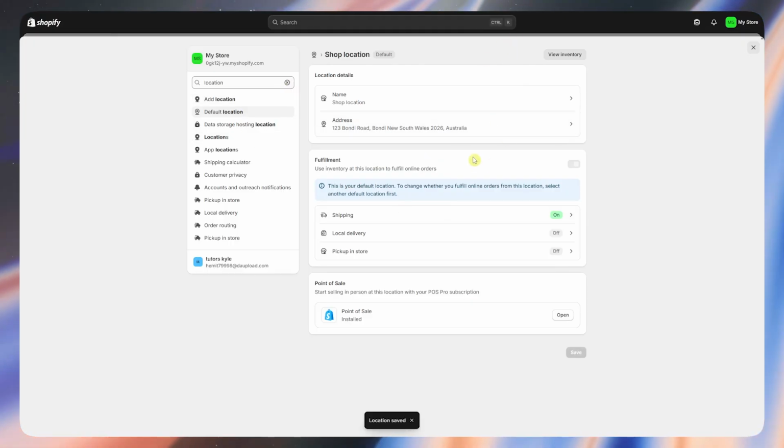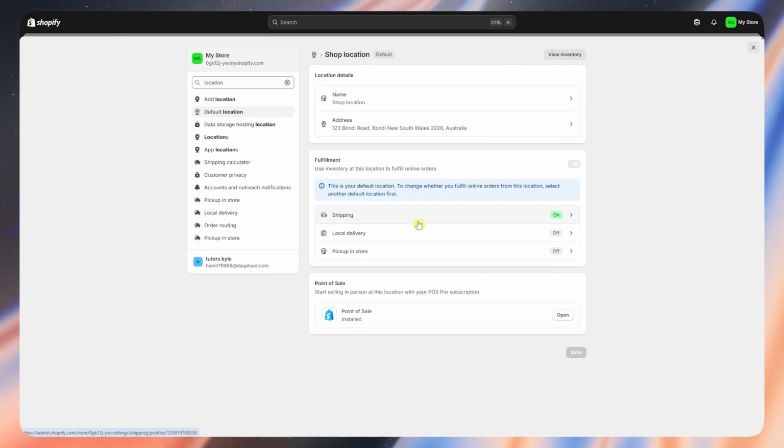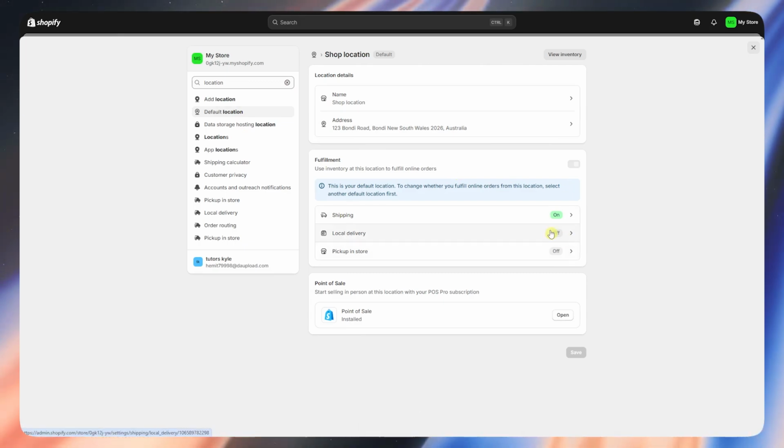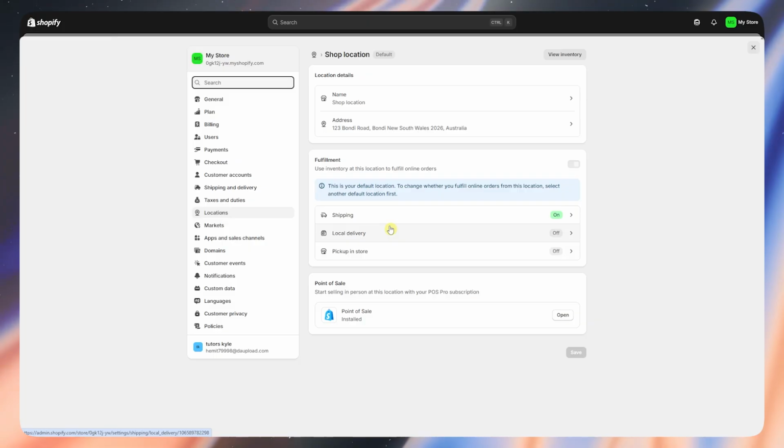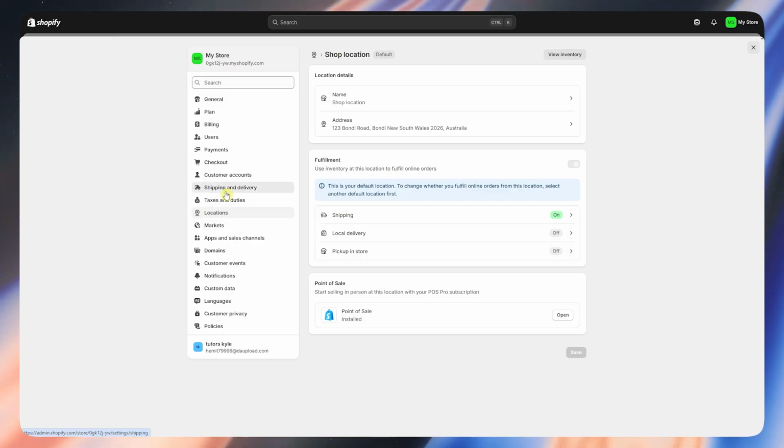Now, once you are done with this one, you could also go for shipping, local delivery, and pick up in store. If you'd want to turn on these options right here, if that's applicable to your store, then you could also do that right here. In my case, it's not necessary, so let's move on to the next one, which is shipping and